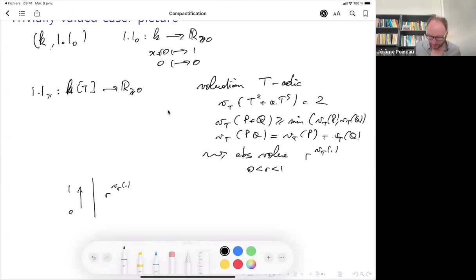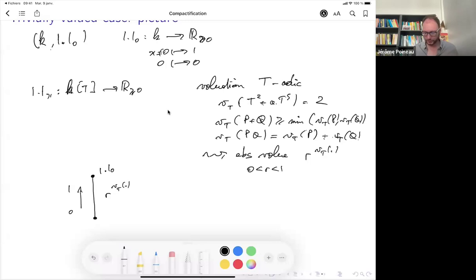Okay, so now what happens at the boundary of this segment? So if you go to r equals 1, it's pretty clear what it gives. I mean, you just take 1 to the power of the valuation, and you get the trivial absolute value here on the ring of polynomials. Okay, and if you let r go to 0, what happens?